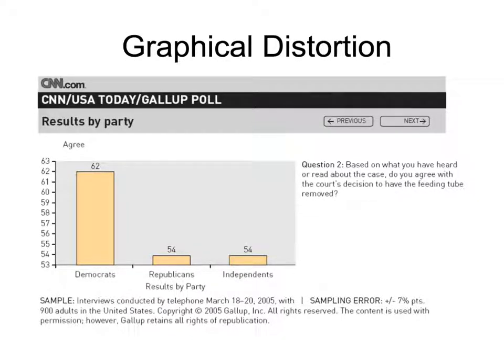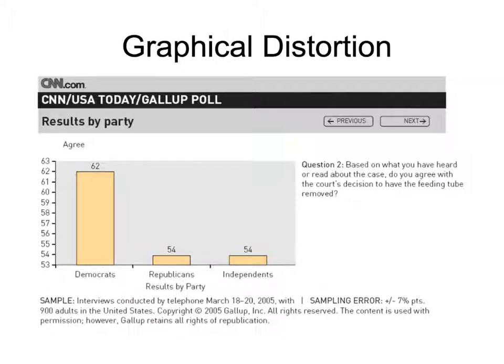In this first video, we're going to talk about graphical distortion. What that means is we are looking at a display of data in some sort of graph, like this bar chart that we have here, and yet there's some sort of distortion that's impacting our ability to understand the data that's being presented. In this particular bar chart, we see that interviews were conducted in 2005,